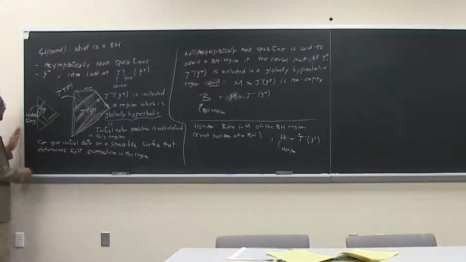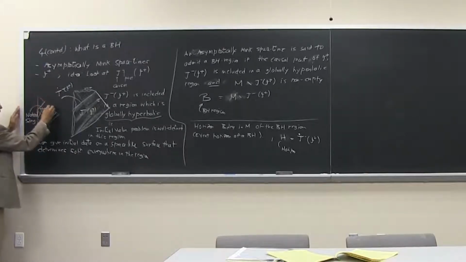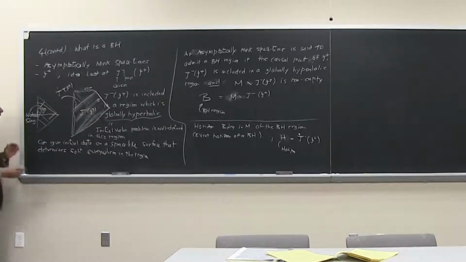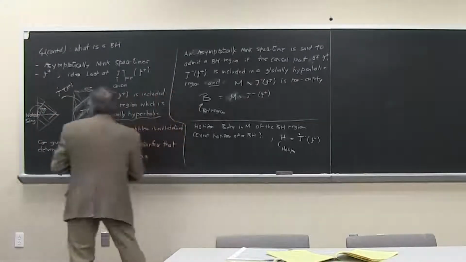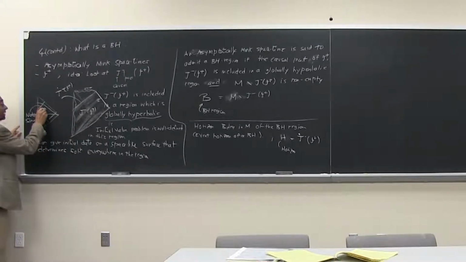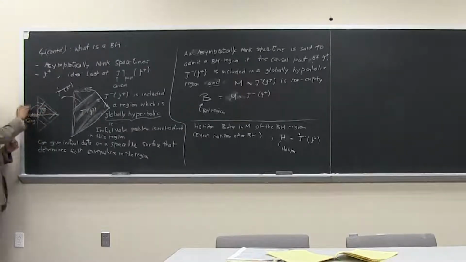So the statement up here is that this region is not globally hyperbolic. The reason is that if I look at this region up here and give myself initial data here, I will not be able to propagate that initial data unambiguously to a future space-like slice like that. Why? Because this is a singularity and this is space-like, and therefore things can come out of the singularity in an uncontrolled fashion, and I would not have a unique deterministic evolution from one Cauchy, from one space-like surface to a future space-like surface.